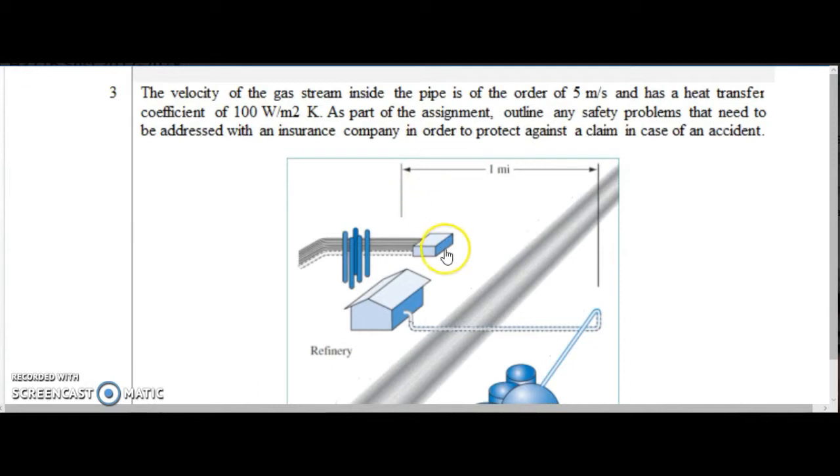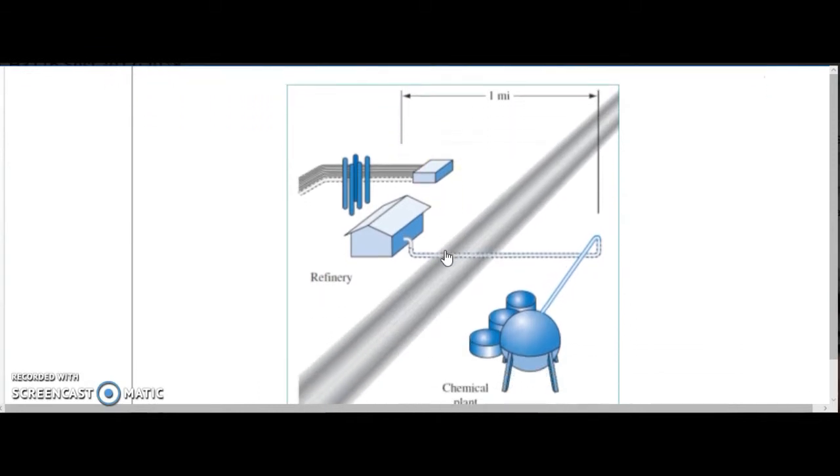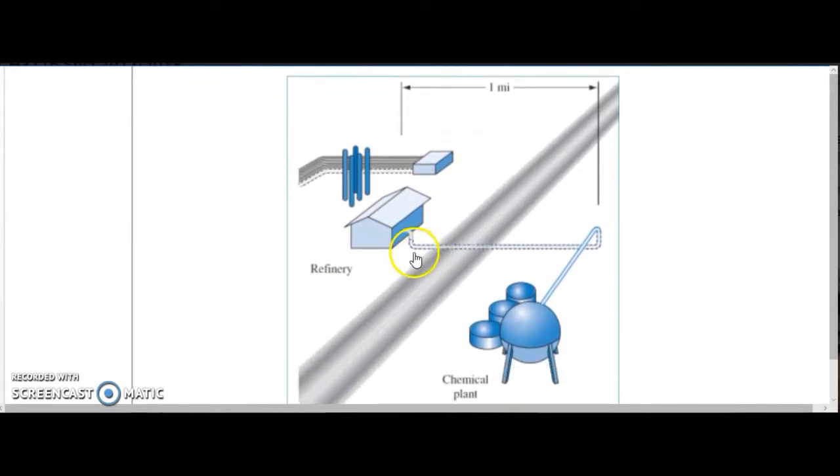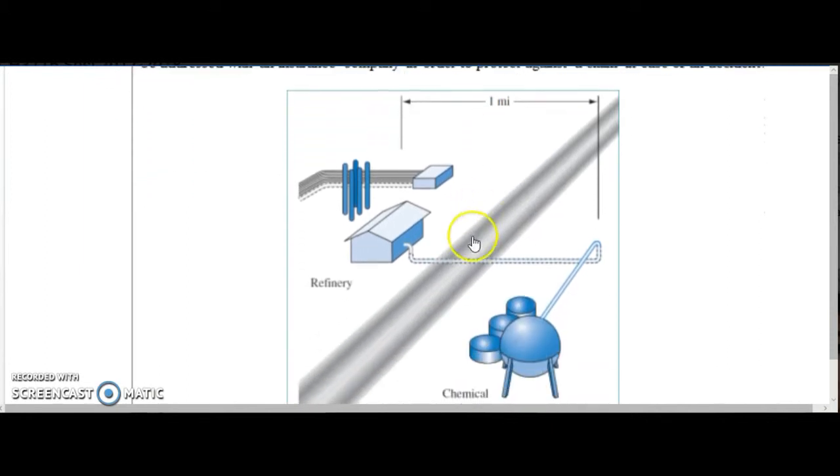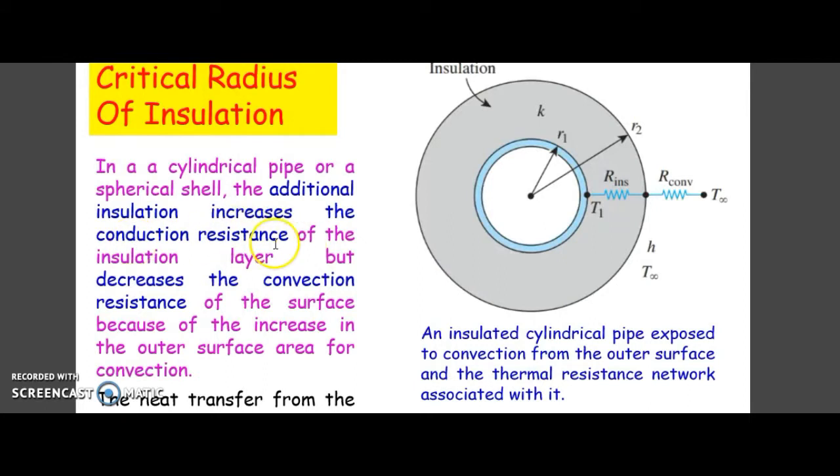One of the ways to protect against the claim in case of an accident is that when we insulate the pipes that run hot steam or gas steam, we make sure that the insulation is beyond the critical thickness. Because if it's not, then it will increase the conduction resistance. We know that insulators reduce convection, but if it's not the right thickness, it might increase the conduction